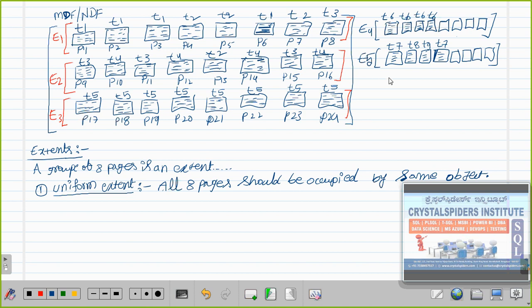Still this E5 is also considered a mixed extent. So what is the example of the uniform extent in this diagram? E3. E3 is the uniform extent because all 8 pages are occupied by the same object. And all other extents are going to be considered as mixed extents.